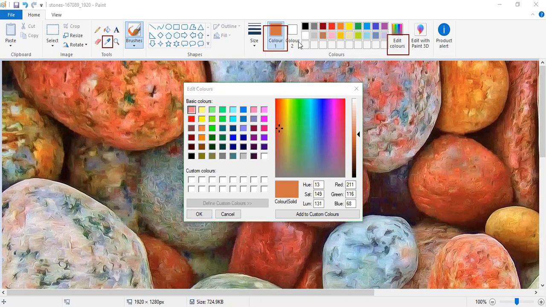Furthermore, the thing which we wanted to check is the RGB values, and they are shown clearly here. Red is 211. You know that basic color numbers in the decimal system go from 0 to 255, because it is an 8-bit number on the back end. Green is 116 and 68 is for blue, right? So in this way you can easily calculate the RGB, or red, green, blue, values of any specific point of any image with the help of simple MS Paint.